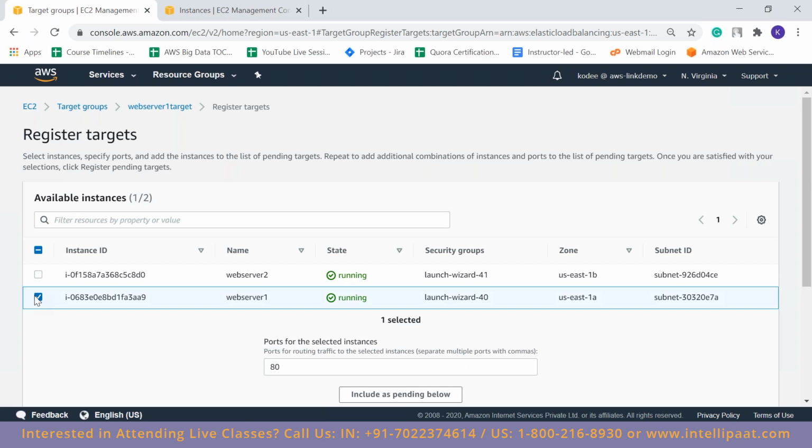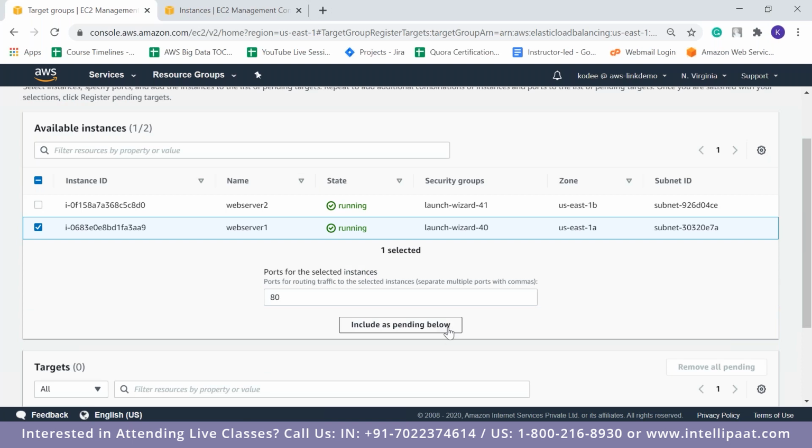So the thing is, when you type in the DNS name of the application load balancer in the browser, it will redirect that particular connection to the target group. So now the target group is associated with an instance, so that the target group will redirect it to the instance so that you can see the web page. So this is how the process works.